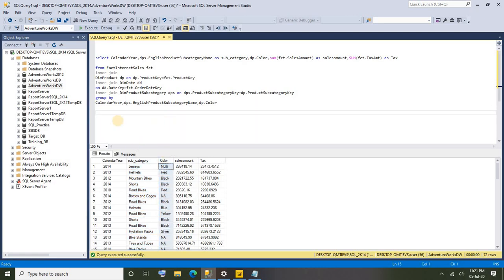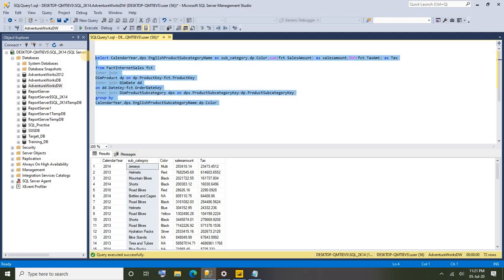Alright, let us make a visual, a trend chart whose axis is dynamic, wherein users can select the required dimension through the slicer and see the trend. If they want to see by calendar year, they should be able to select calendar year from the slicer and see the trend. In the same way, if they want to see by subcategory and color. So let's give that functionality to select the dimension dynamically and see the trend.